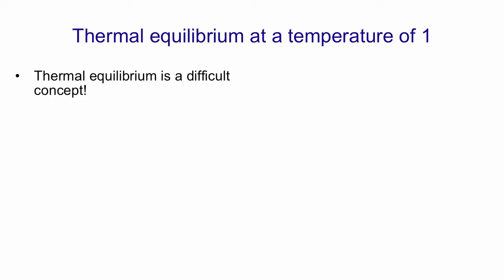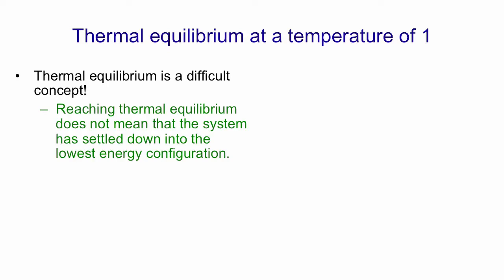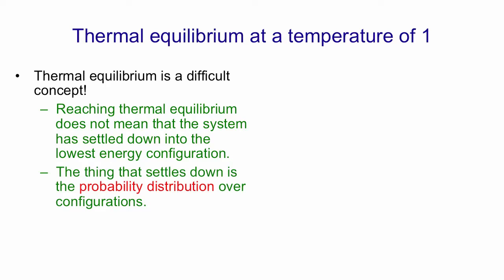But it's not the states of the individual units that have settled down. The individual units are still rattling around at thermal equilibrium, unless the temperature is 0. The thing that settles down is the probability distribution over configurations. That's a difficult concept the first time you meet it, and so I'm going to give you an example. The probability distribution settles to a particular distribution called the stationary distribution. This stationary distribution is determined by the energy function of the system. And in fact, in the stationary distribution, the probability of any configuration is proportional to e to the minus its